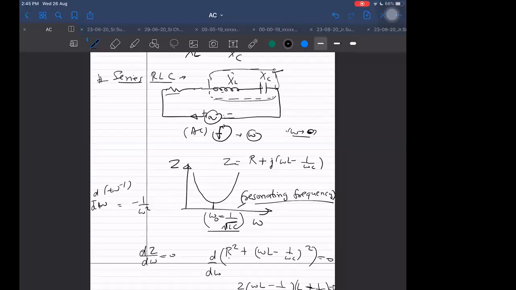And when a series RLC circuit is in resonance, what conclusions are we getting? One conclusion: impedance becomes real, it has only a resistive part, no imaginary or reactive part. Also Z becomes minimum possible, and the minimum possible value of Z is just equal to R. So when we have just this particular frequency, Z becomes very less.